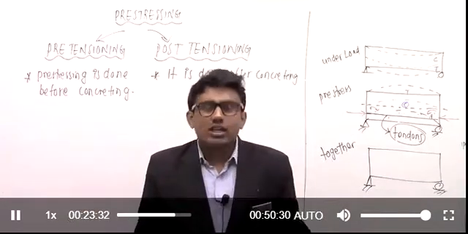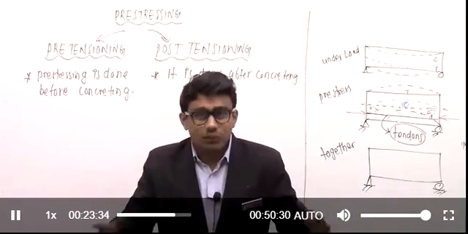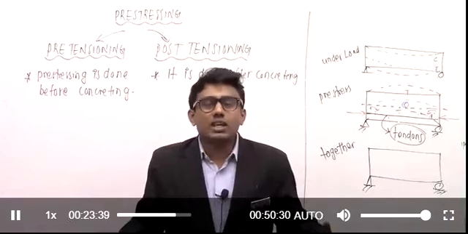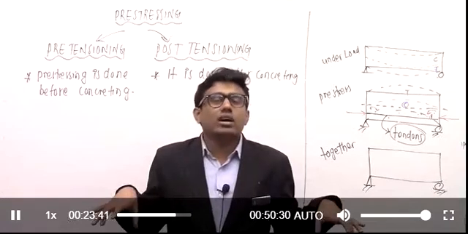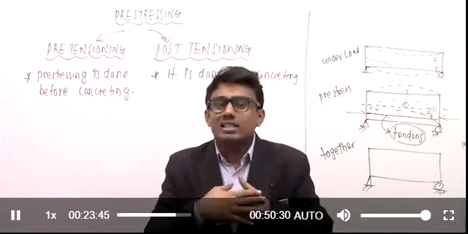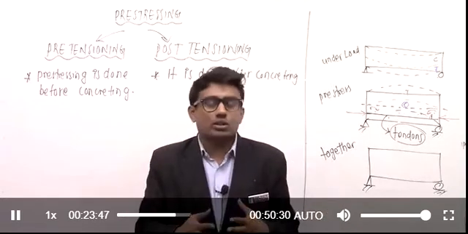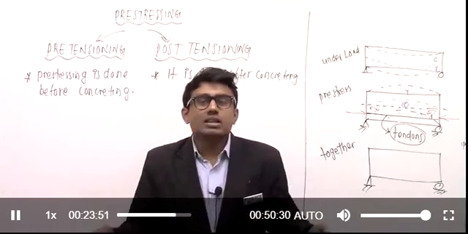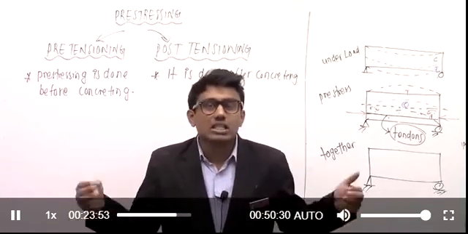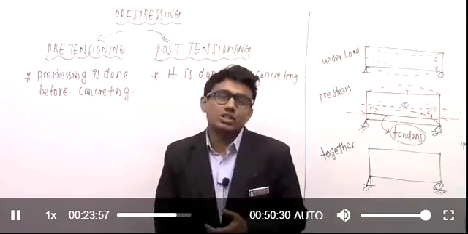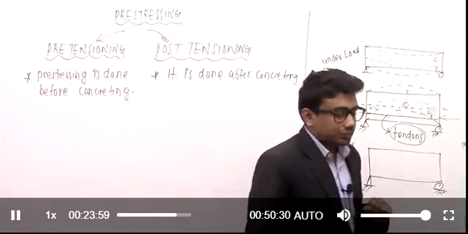The usual procedure is done. After this concrete has attained sufficient strength, I am going to cut the reinforcement at the ends. When I cut the reinforcement at the ends, due to the presence of the concrete and the bond between the concrete and the tendons, when the tendon tries to come back, due to the friction or the bond, compressive stresses will be developed inside this concrete. That is called our pre-tension system. You can see that in the figure.